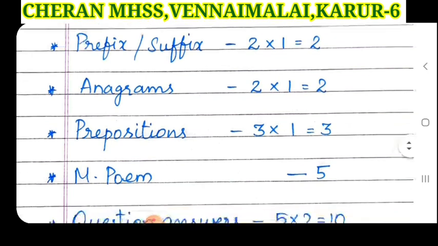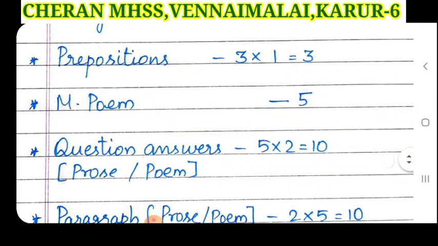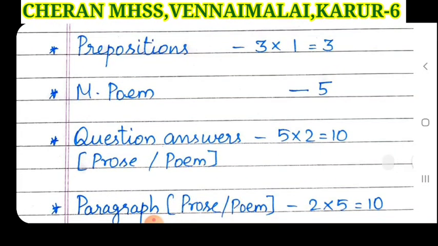And then memory poem. For memory poem, at first you have to write the name of the poem, and then the poetic lines you can write. Poetic lines, you know very well how to write as it is. Then punctuations should be used properly. Exact punctuations should be given. Wherever comma or full stop or capital letter, whatever it's given in the poem, you have to write as it is. At last, you have to write the name of the poet.